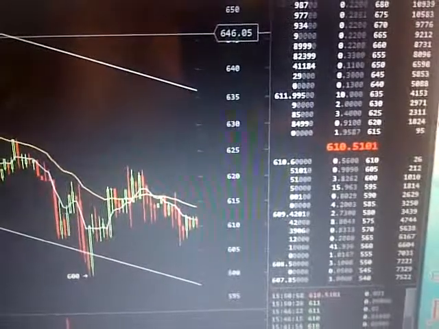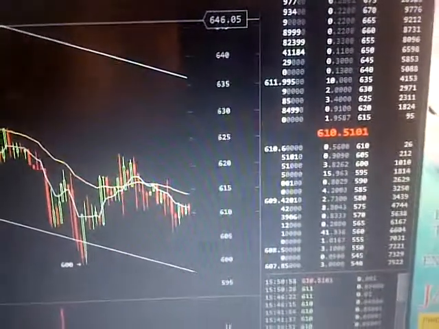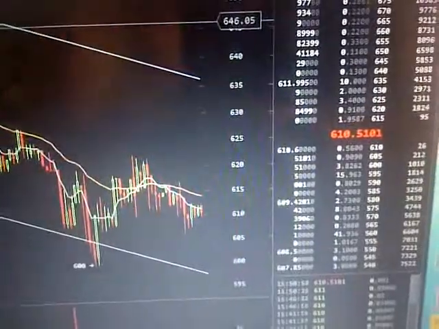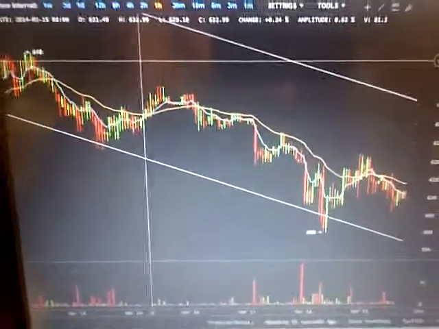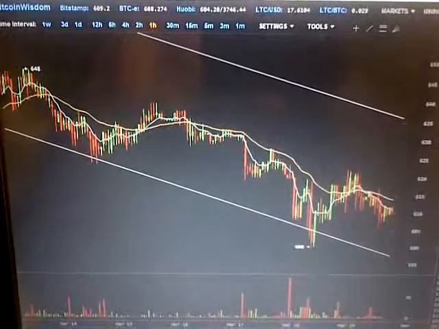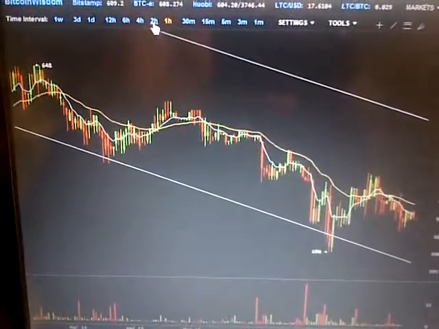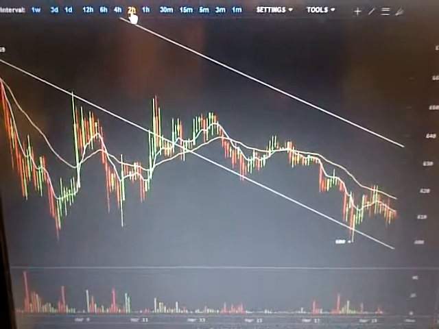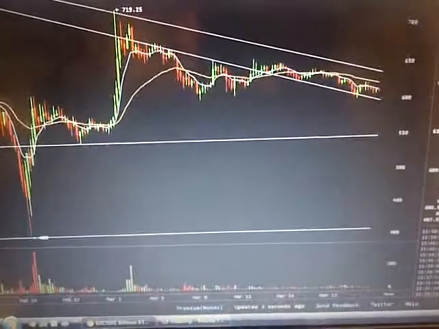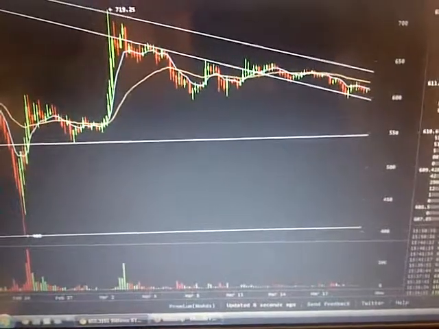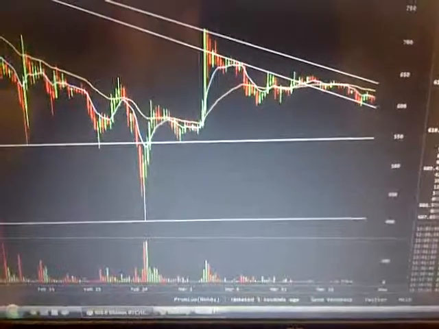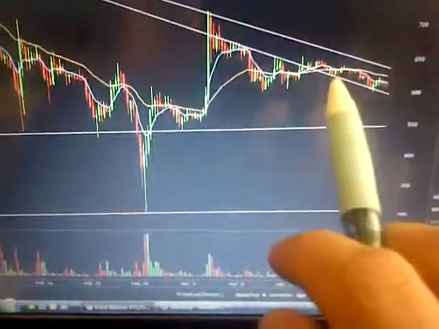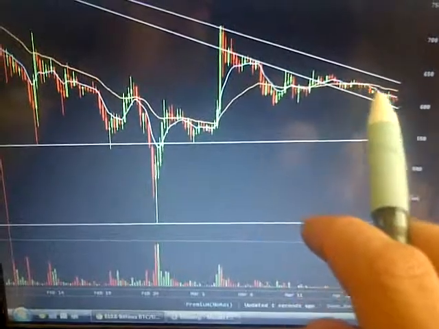if you bought 10, a $45 drop is a $450 loss in a week. I guess it's not bad, depends how you trade it. But if you bought at the high right here and sold down at the low, you probably lost, of course. But if we pull back further and further out, it doesn't look that dramatic, actually. So there you go. Not so dramatic, right? You kind of have to pull back often to get a better understanding of what's going on here. Right now, in this little time frame, it's just following this tiny little